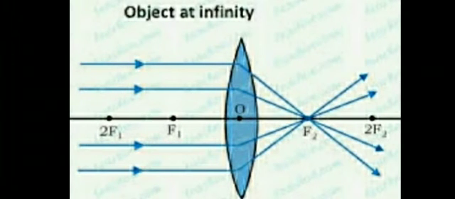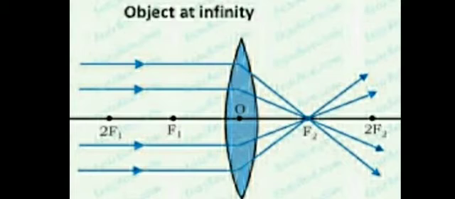Have you noticed that rule 3 is exactly reverse of the first rule? It is due to reversibility of light. You know, for drawing a ray diagram, we need 2 rays from a point on the object. So we choose 2 rules for drawing a ray diagram: first rule and second rule. So students, let's draw the ray diagram at various positions of the objects in case of convex lens.